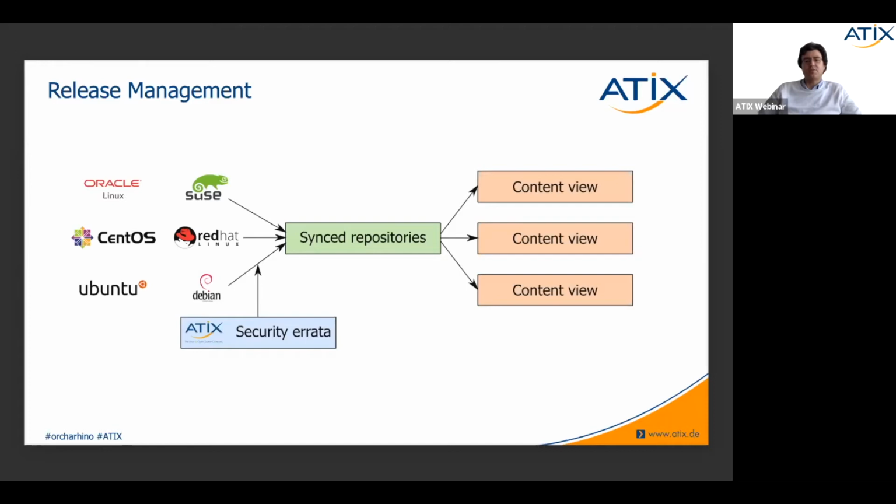We create a content view, we assign repositories, and we publish a new version. In this content view version, the packages will be frozen to the state they have been published in today. So this means if I connect this content view to a server in a week, in a month, or in a year from now, the server will obtain the packages as they have been provided today.